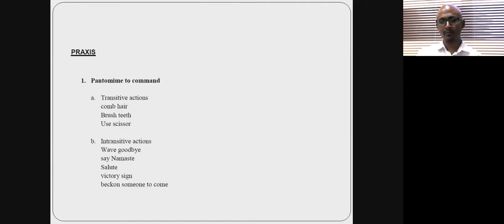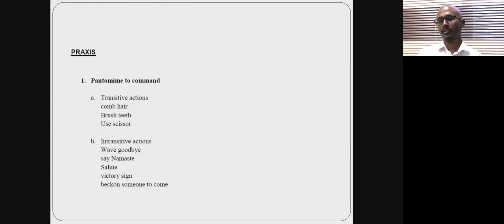Like for example, if I want to brush my teeth, I should be able to identify the toothbrush. I should be able to hold on to it. But the way I hold on to it and the way I try to brush will determine whether my praxis networks are functioning or not. So the way we check praxis, which is a left parietal function, is to